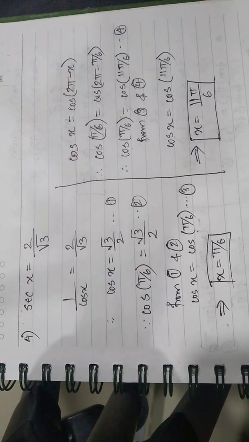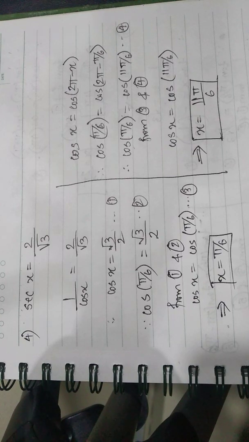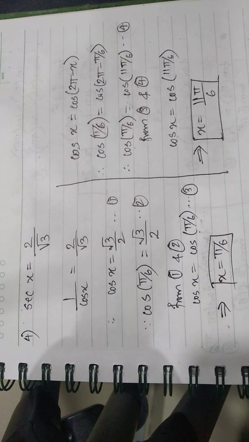Okay, I hope you guys have some clarity on how to find particular solutions for trigonometric equations. Remember, we've only discussed the particular solutions part. In the next video, part 2 of solutions of trigonometric equations, we will be looking at general solutions. General solutions are slightly more advanced compared to this one.